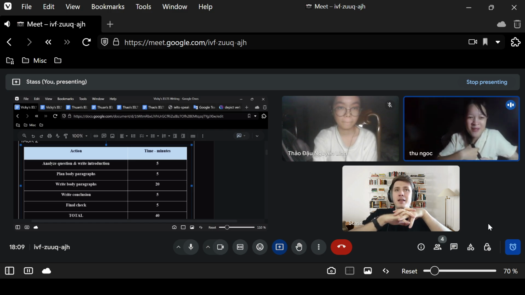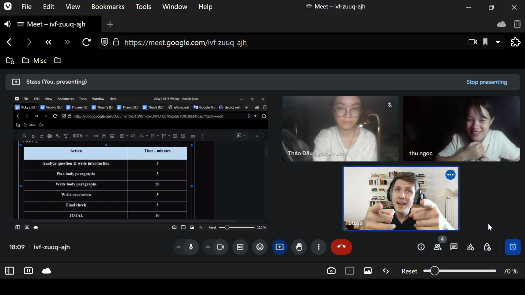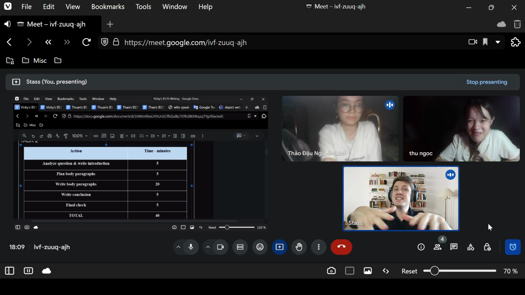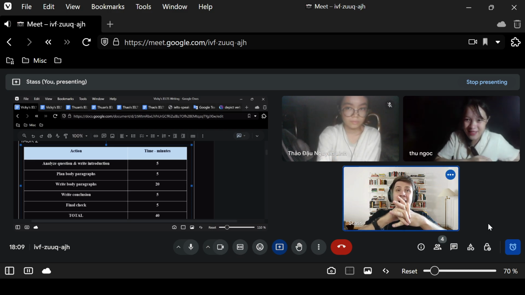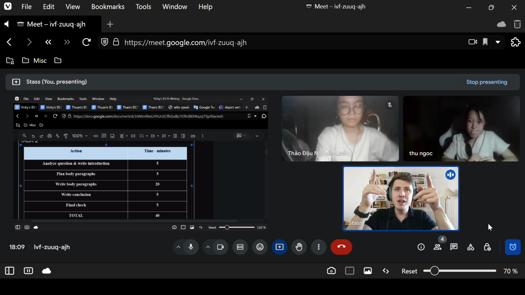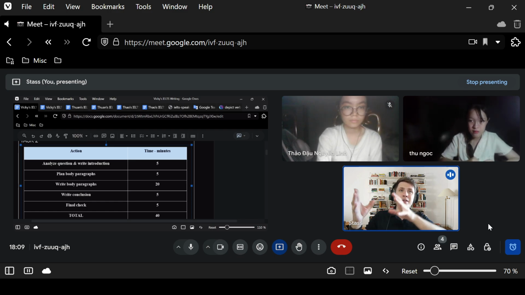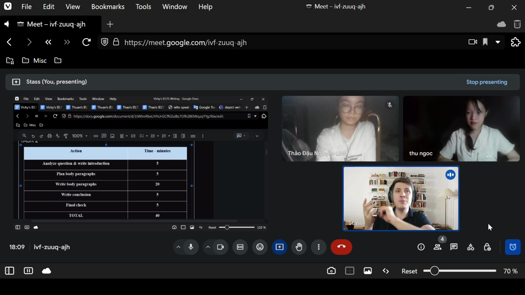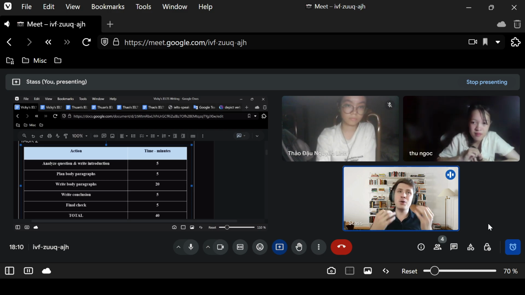Plan body paragraphs. And that takes you 5 minutes. 5 minutes for just planning. That is 5 minutes. So it's the same time you spend on writing the whole introduction. So you just think hard and you write a little plan, not like in the answer, but on some random paper. You could write a little plan for your body paragraph, so you have enough stuff to say, and that you pick something you can talk about for a long time.